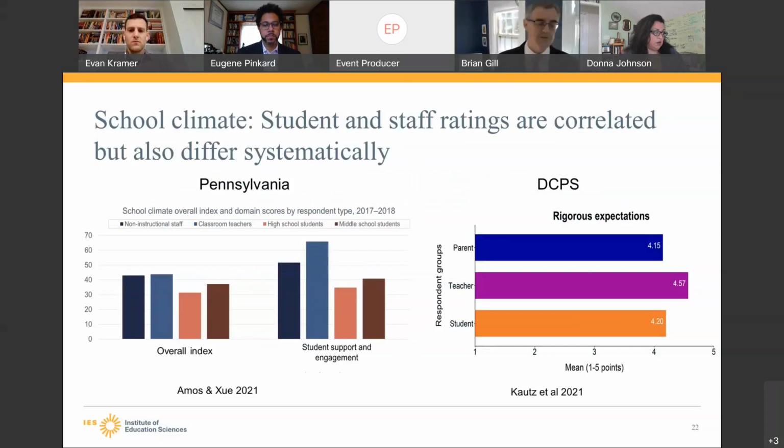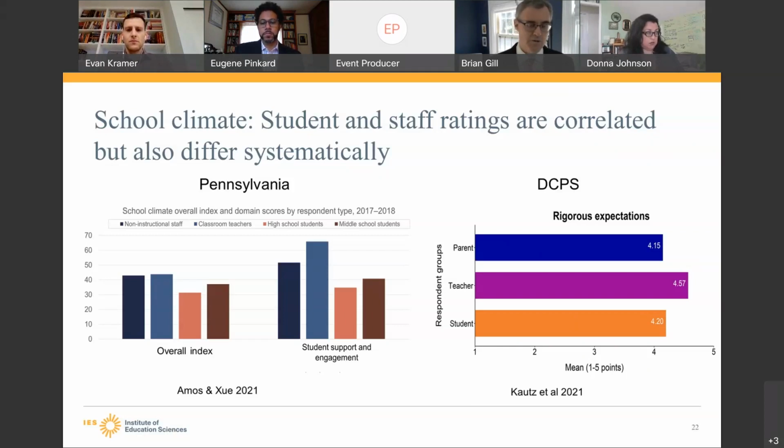So the process measures are important. And so I'll talk briefly about some work we've done specifically on school climate, which we've worked on in Pennsylvania, in DC, and in Maryland. And we've seen interesting findings suggesting that if you talk to students and staff about school climate, you end up getting indications that they're correlated.